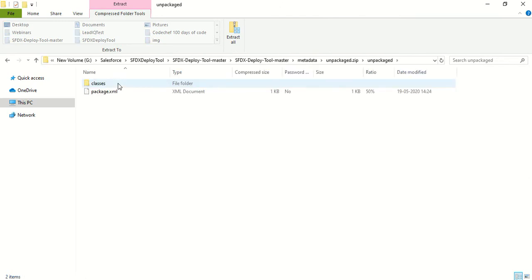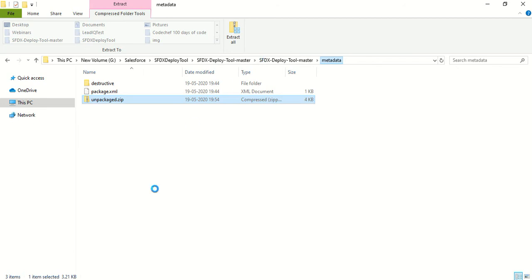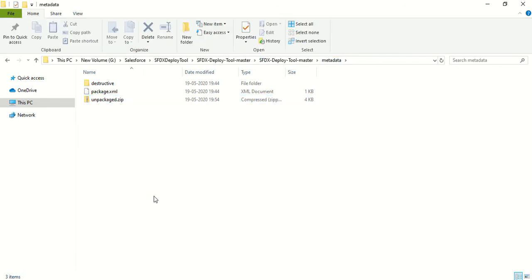Here I have a classes folder and a package.xml as well. Inside classes, I have the lead processor class, lead processor test class, temperature converter class, and temperature converter test class. So my metadata is successfully fetched and stored in this zip file named unpackage.zip.